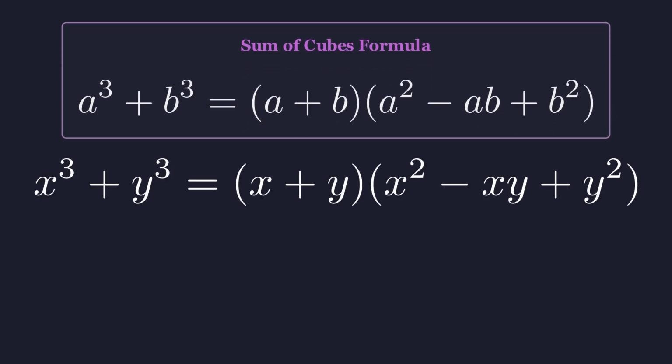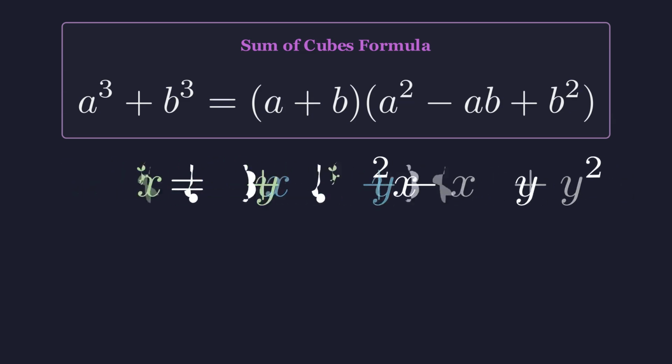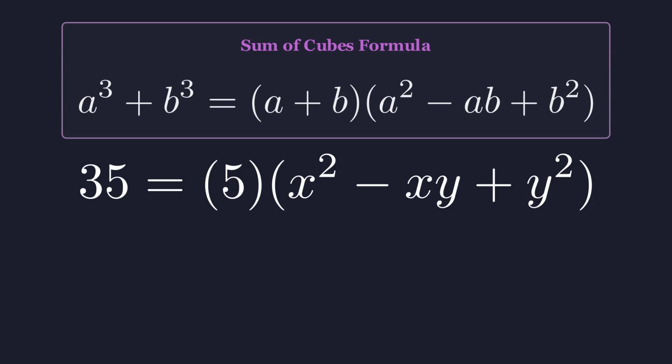So when we apply this to our specific case with x and y, we get this factored form. Now, here's where things get interesting. We know from the problem that x cubed plus y cubed is 35. And we also know that x plus y is 5. So let's plug those values in. After we substitute those values, we get 35 equals 5 times this whole expression, x squared minus xy plus y